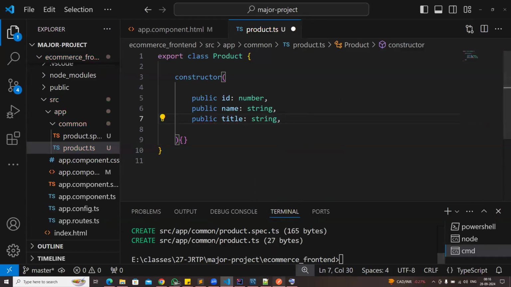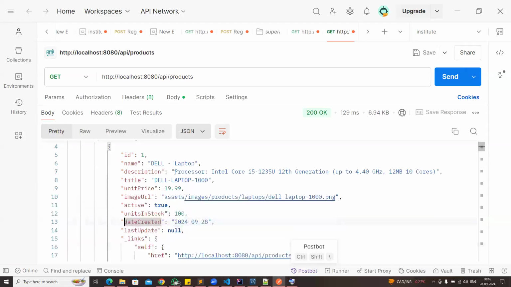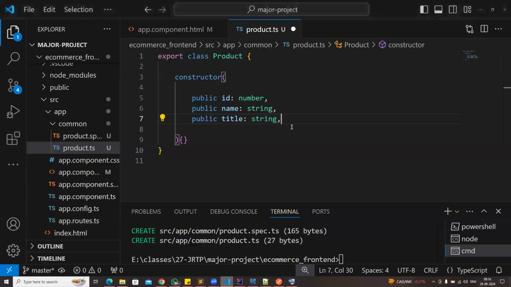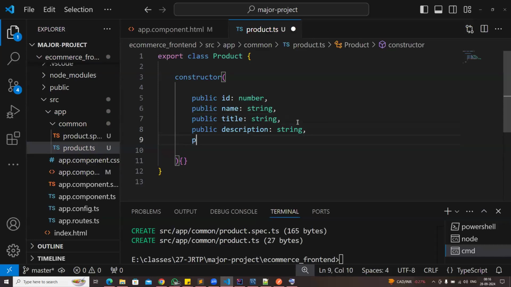You can see what is the data we are getting. ID is coming, name is coming, description is coming, title, price, URL, active switch, stock, date created, like that a lot of data we are getting. So to hold all this data, we are creating one class here. ID, name, title, then public description, which is a string, and public image URL, which is also a string,